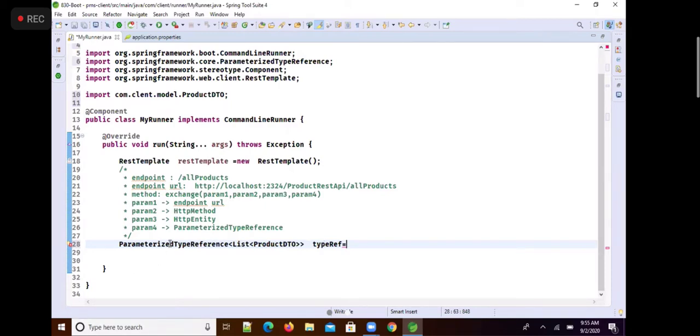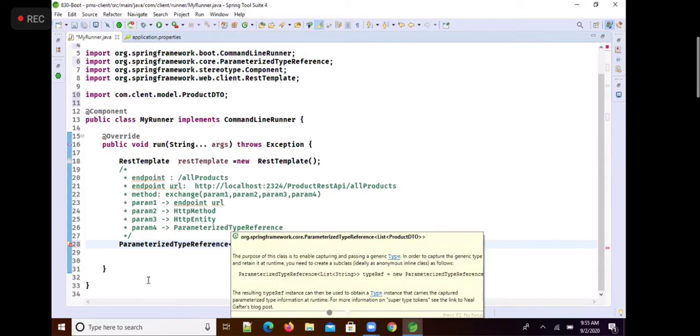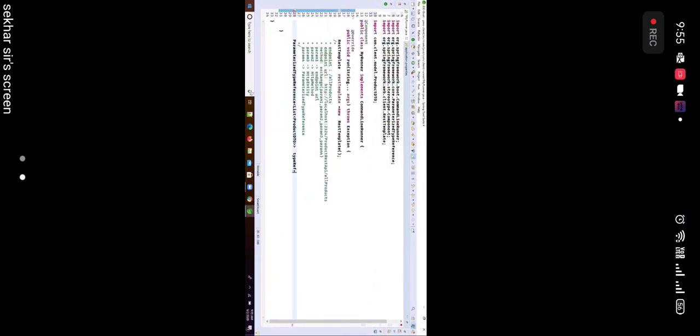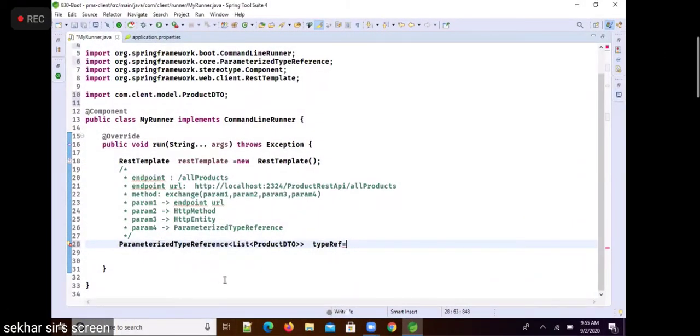Now this is the parameterized type reference class, and the generic type I want to capture is a list of product DTOs. So typeRef is equal to new parameterized type reference of list of product DTO.